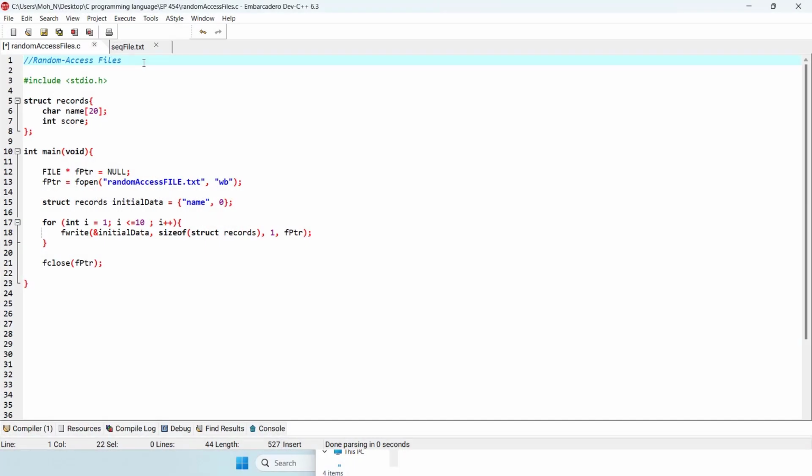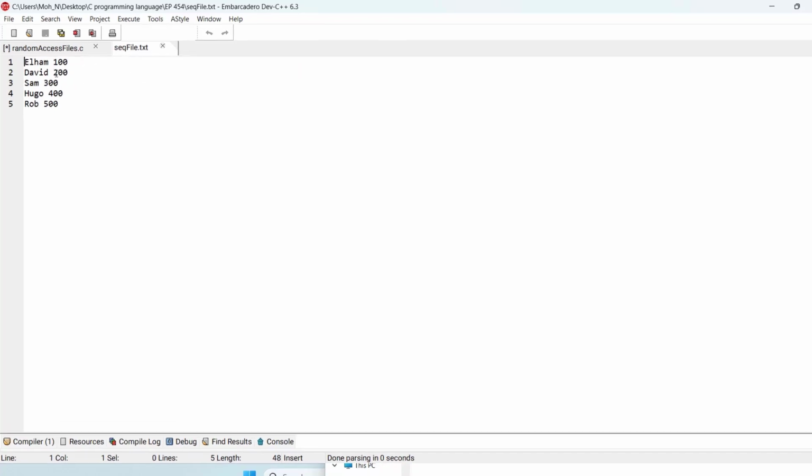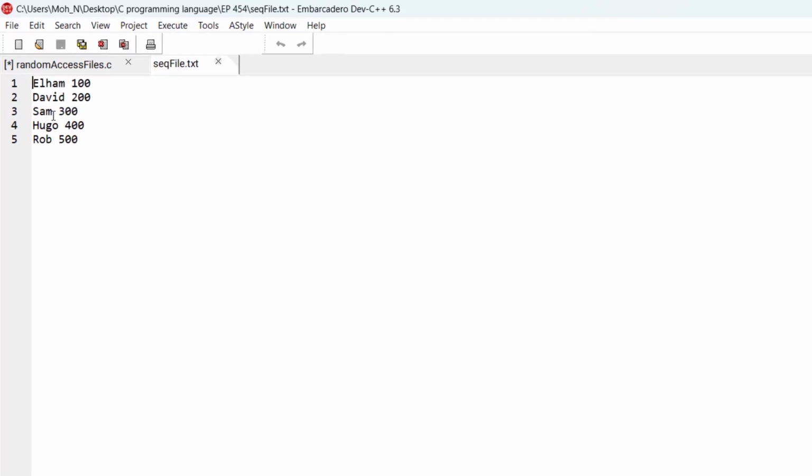Hello and welcome to this episode, and in this episode we discuss creating random access files. Previously, in the previous episodes, we have created sequential files, and every time that we have entered some data into a file using fprintf or read using fscanf, it has always been sequential data. And the problem with sequential data is that, for example, in here, if I want to go to Sam and read the data for Sam directly, then I need to know the details about these two records before